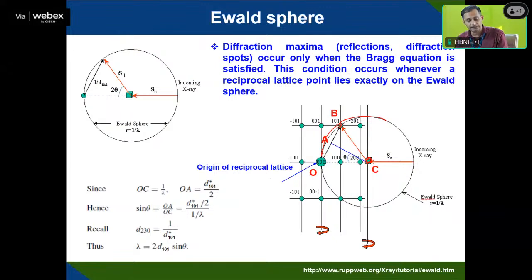So a diffraction maximum, either a reflection or a diffraction spot, occurs only when Bragg's equation is satisfied, and this condition occurs whenever a reciprocal lattice point lies exactly on the Ewald sphere. If this is the Ewald sphere, on that surface, if a point lies here or here, if that point lies on that circle, you will see Bragg's law satisfied, and you will be able to see that particular